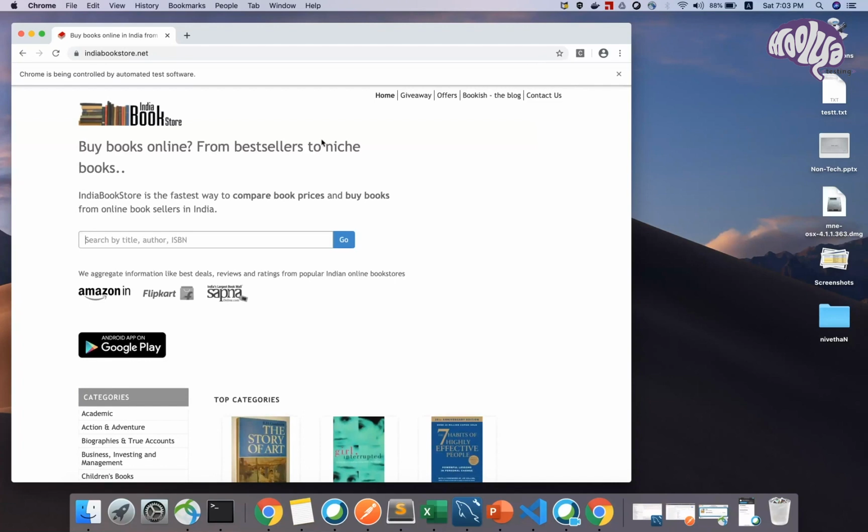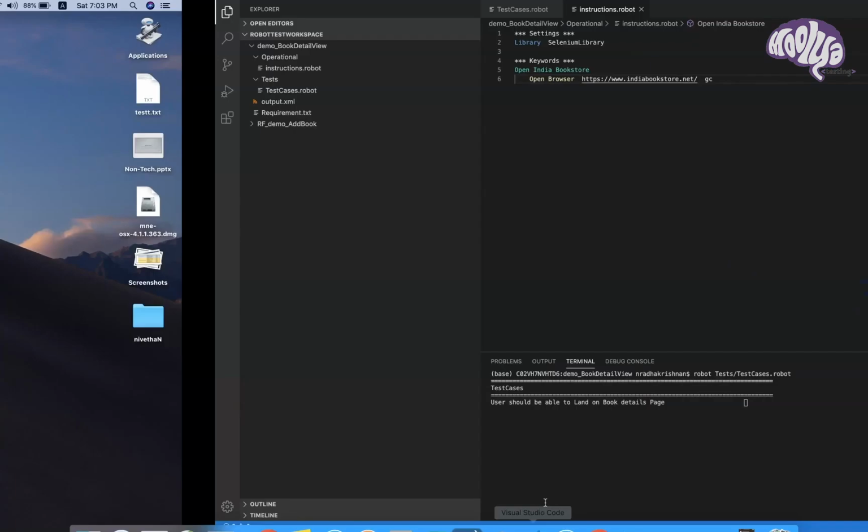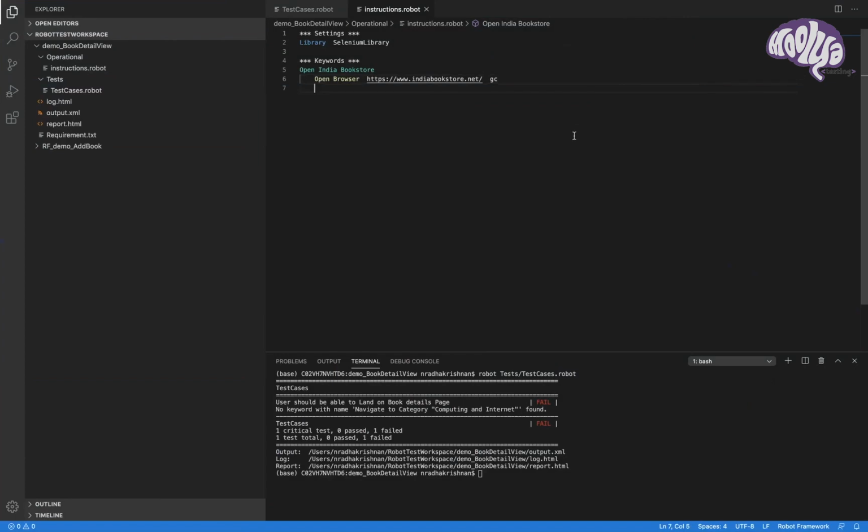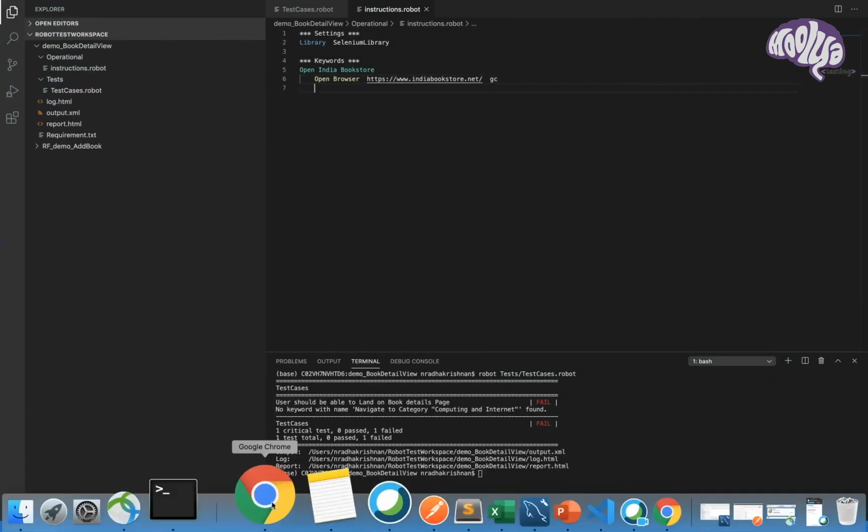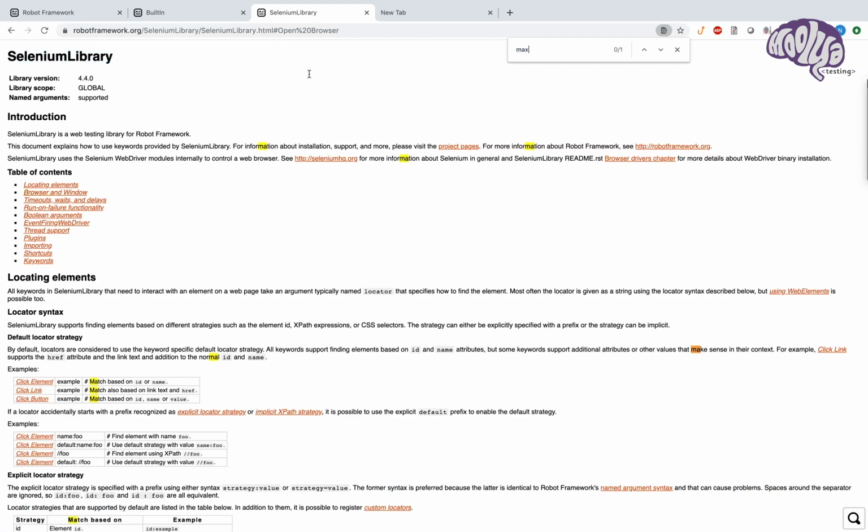Earlier I was explaining that in the UI, whenever an action leads to a different page, we will be verifying whether we have landed on the correct page or not. So we cannot write the verifying code every time. Let's first maximize this, and then we will validate whether the bookstore main page name is correct or not. To maximize this, what is the command? We will search for the command. Maximize.